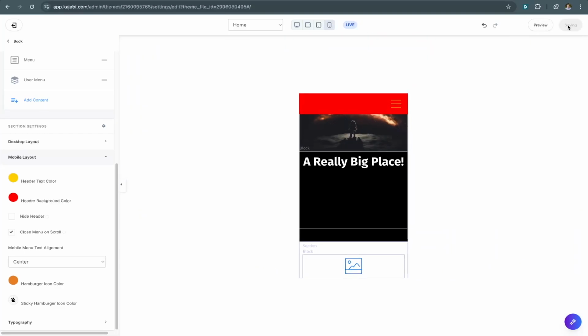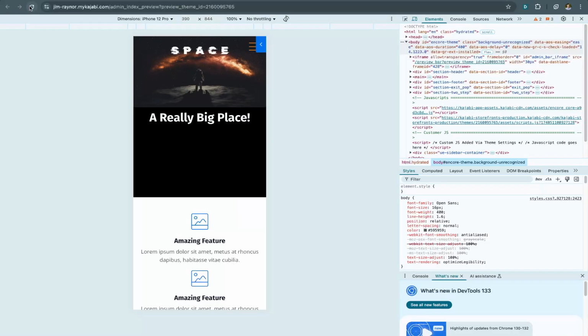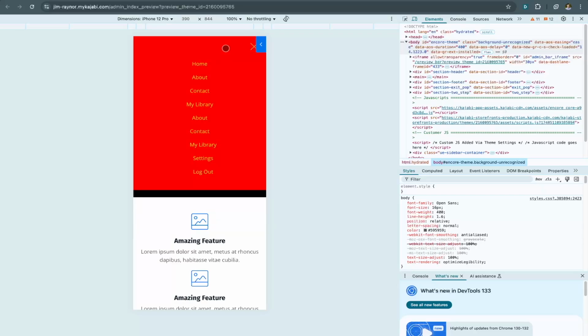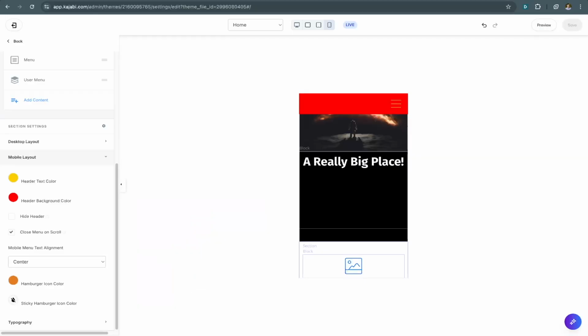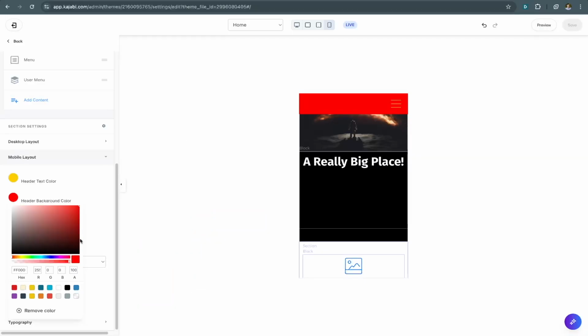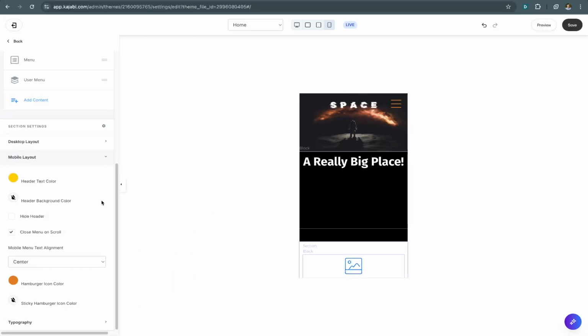I'm going to save this though and just see what's going on over here. Refresh that. So my background is there, even though I'm on overlay. But now I have a background over the whole thing. When it drops down, it makes the text a lot easier to read. Okay, so that's interesting. Well, let's clear this background and see if we can come up with a good compromise